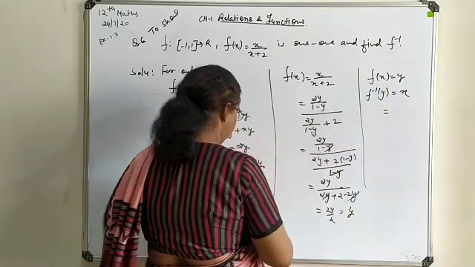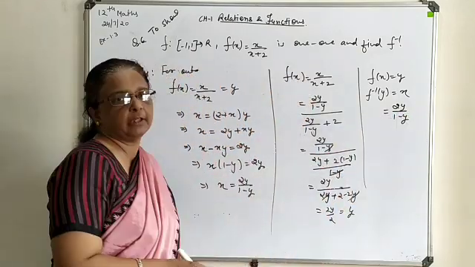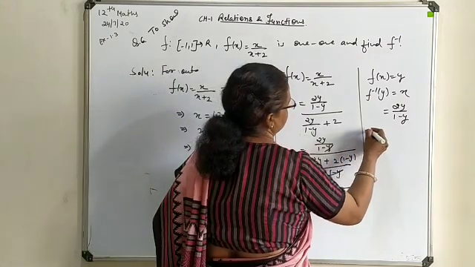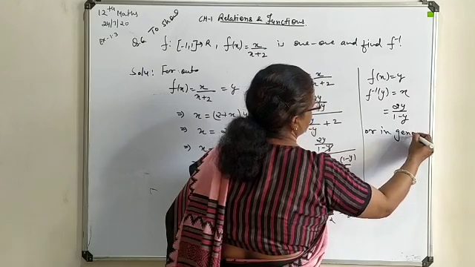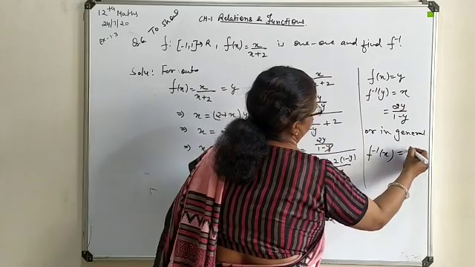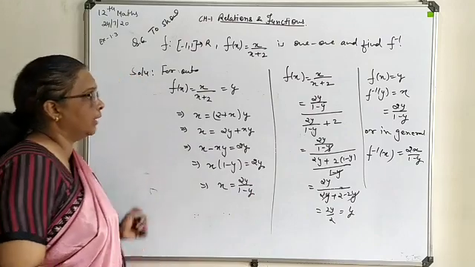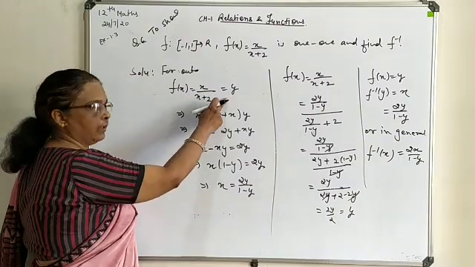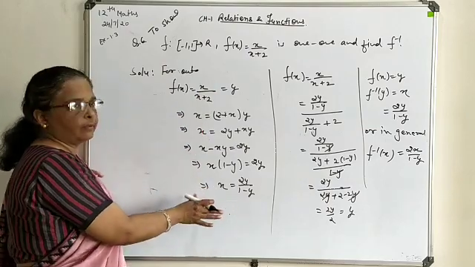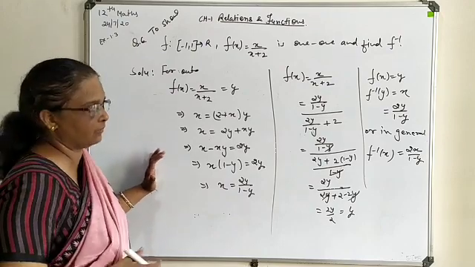So f inverse is what we have written as 2y upon (1 minus y). So this way it will give you the inverse of the given function. Or in general, if you are going to write f inverse of x, all the y terms you write in terms of x as 2x upon (1 minus x). So there are 3 steps to write the inverse. First of all, suppose the function is given as y, means range form. Then you find out x in terms of y. Then go for verification whether this one is correct. In some of the cases you will not get the same. That's why we have to check it.